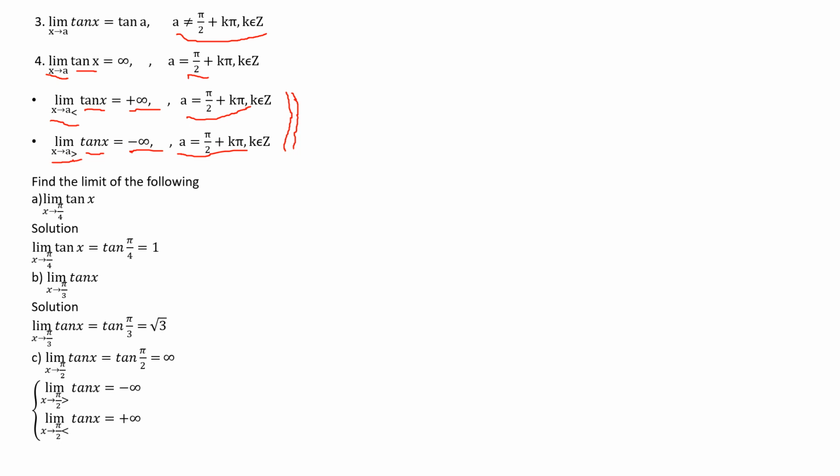These two properties, property number 3 and property number 4, are different. On property number 3, we are using an angle which is not within this range of pi over 2 plus k pi, but on property number 4 we are using an angle which is in the range of a equal to pi over 2 or a equal to pi over 2 plus k pi. When we take an example,